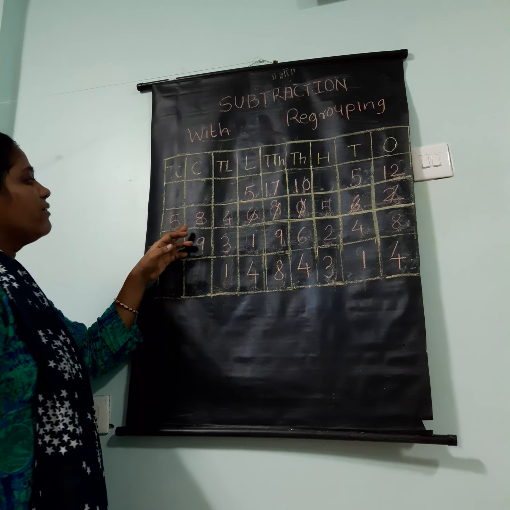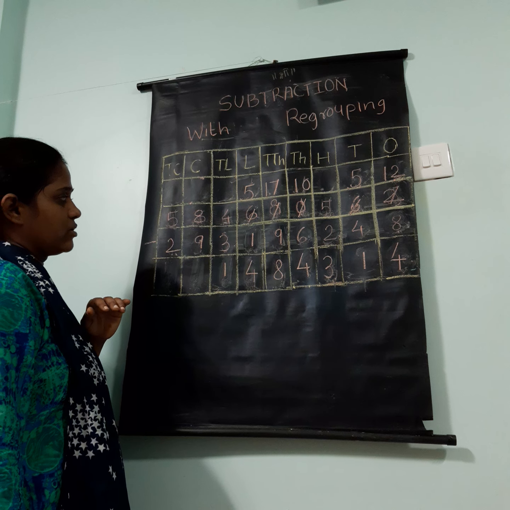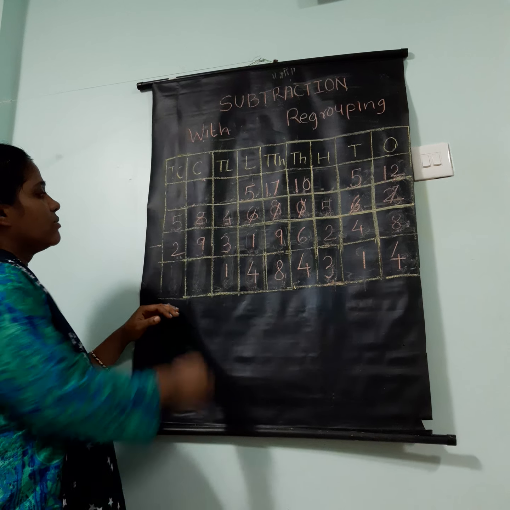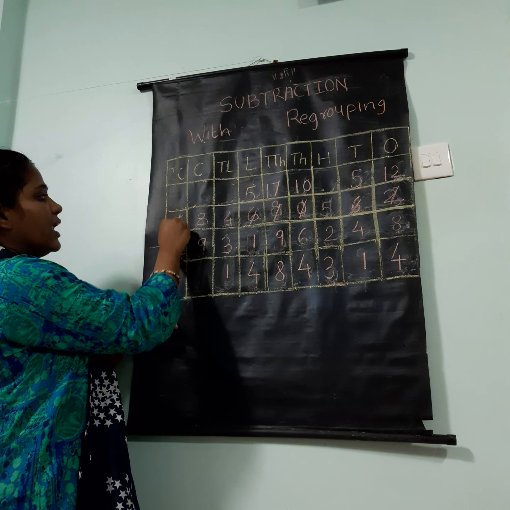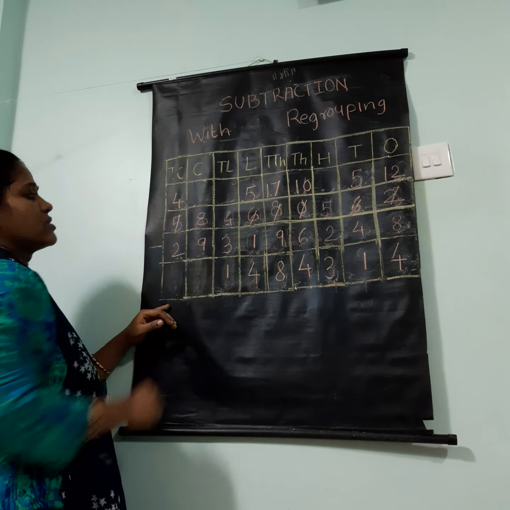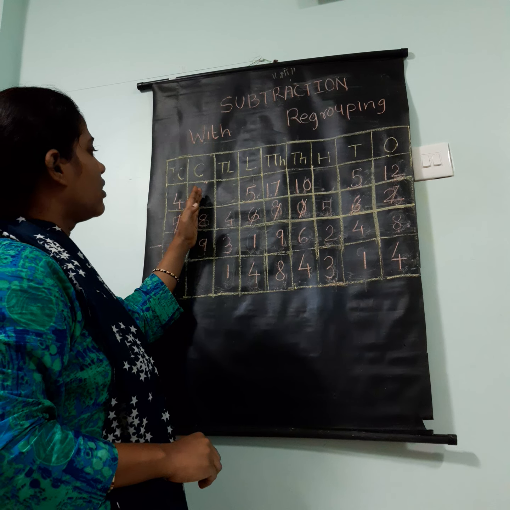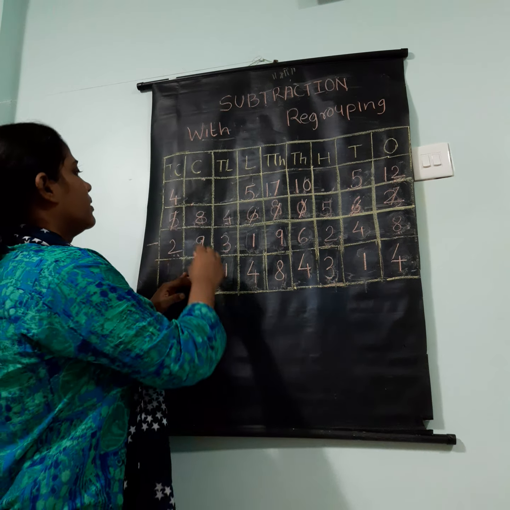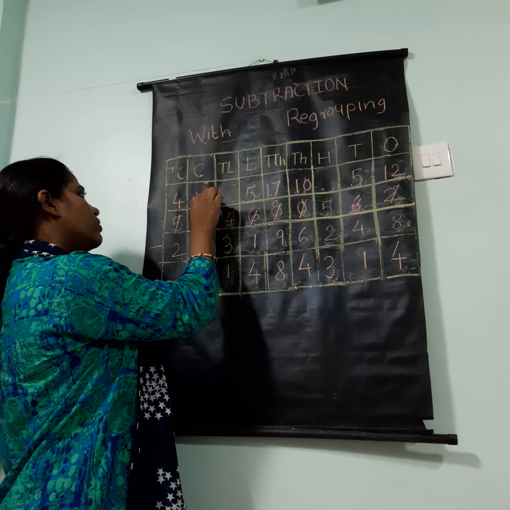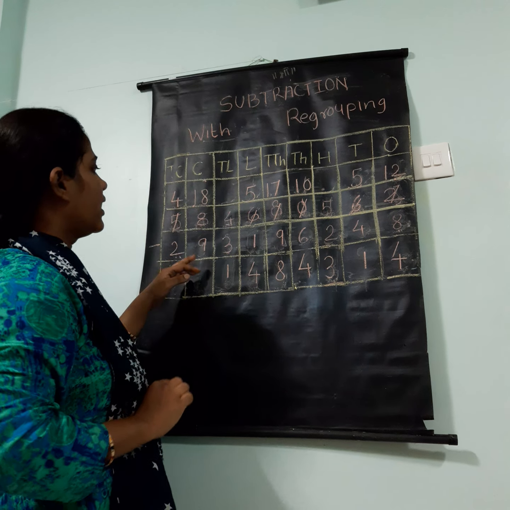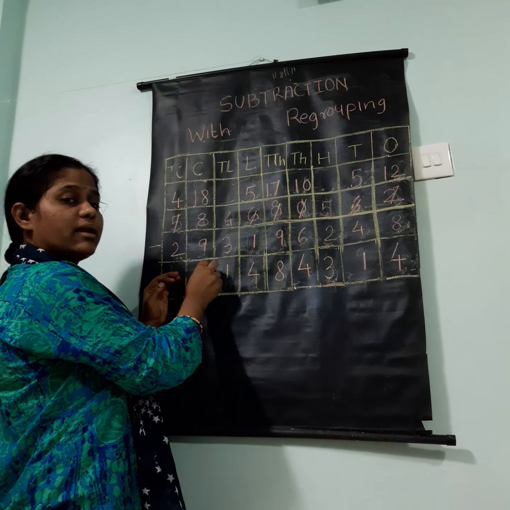Now in the crore column, you have 8 crores and 9 crores. You can't take out 9 crores out of 8 crores. So you need to borrow from the 10 crores column. Here you have 5. So when you take 1 ten-crore from this 5, you will be left with 4 ten-crores. And when this 1 ten-crore comes to the crores column, it will become 10 crores. But you already have this 8, so your answer will be 18 crore. Now you have 18 crores and you need to take away 9 from it. So what is the answer? 9.